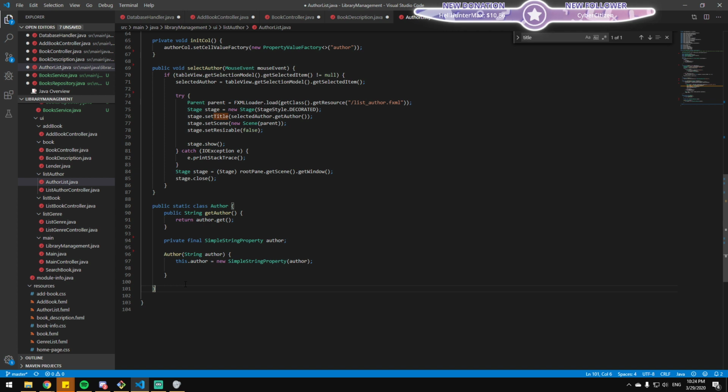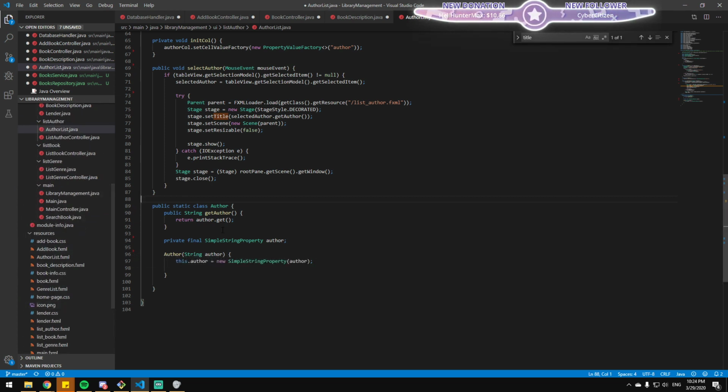Maybe you would want an author view as well, but that would be more of an FXML thing. So typically you would have 3 classes per layer: a model, a controller, and a view.